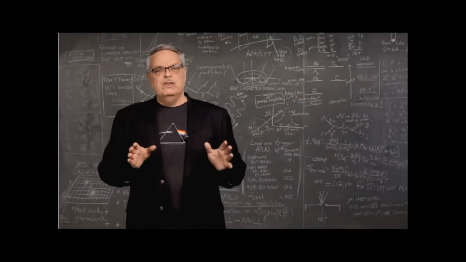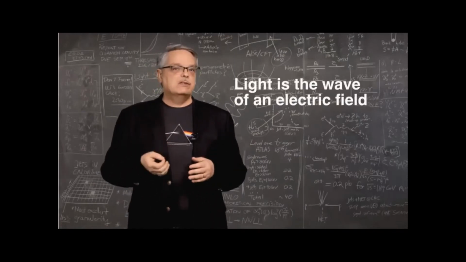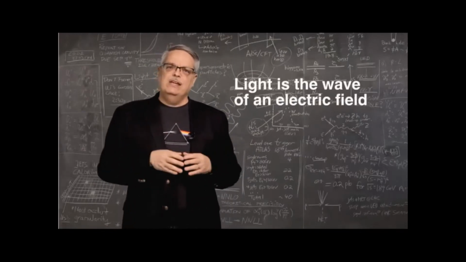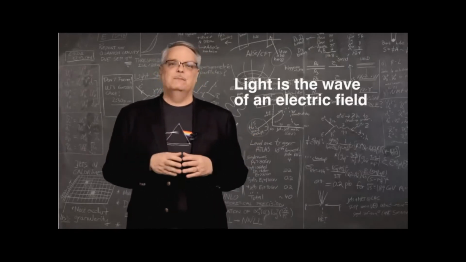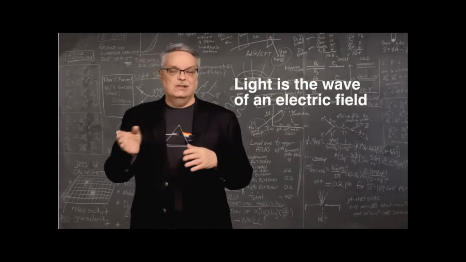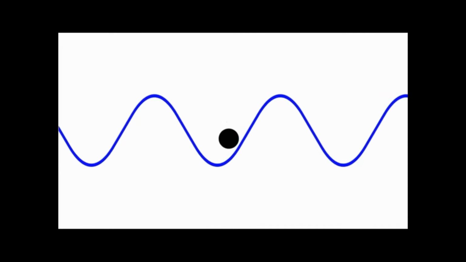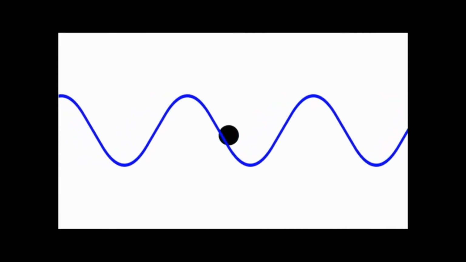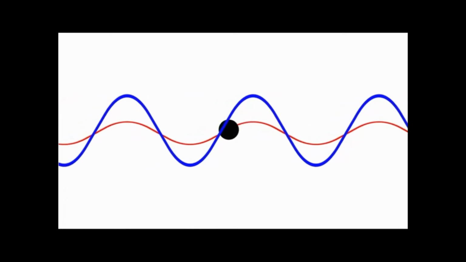So let's get back to light moving through glass or water. Remember that light is a wave of electric fields. It oscillates with a characteristic wavelength and frequency. That wavelength depends on the color of light, with blue light being about 400 nanometers and red light being about 700. Numbers don't matter as much as that you remember that light is changing electric fields. Now, of course, glass is made of atoms, which are surrounded by electrons. Electrons have an electrical charge, and that charge feels a force from the oscillating field of light. Because it feels a force, the electrons move. But moving electric charges also set up their own oscillating electric field.